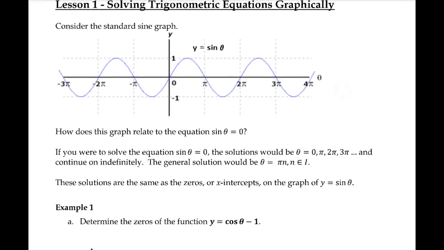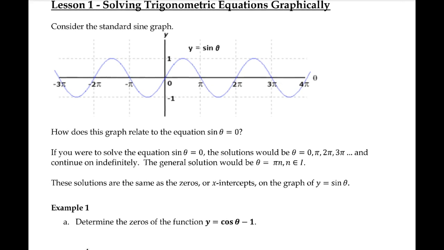We can always go back to our graphs, and sine is our default because that's what we always start with. We know that our plain old parent function sine graph starts at 0, max is at 1, minimum is at -1, and it takes 2 pi to complete that whole period. So how does this graph relate to the equation sine theta equals 0? Well, sine theta equals 0, so our output, or our y value, is equal to 0,